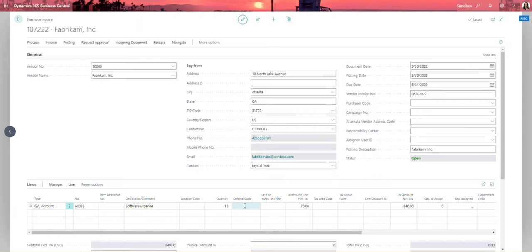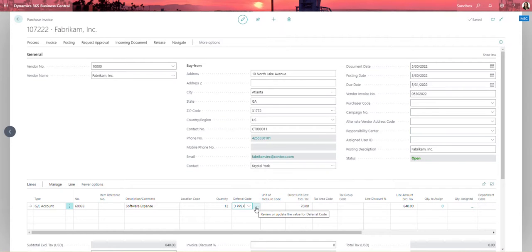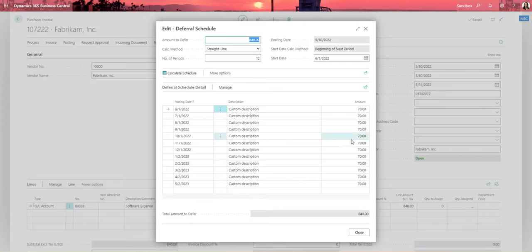All right, that deferral code is populated into the window. I'm going to go ahead and select that field and select the deferral template that I would like to use. There is an ellipsis off to the right here where we can review or update the information on the deferral schedule. So if I click on that, I can see that the amount to defer is $840, and that was